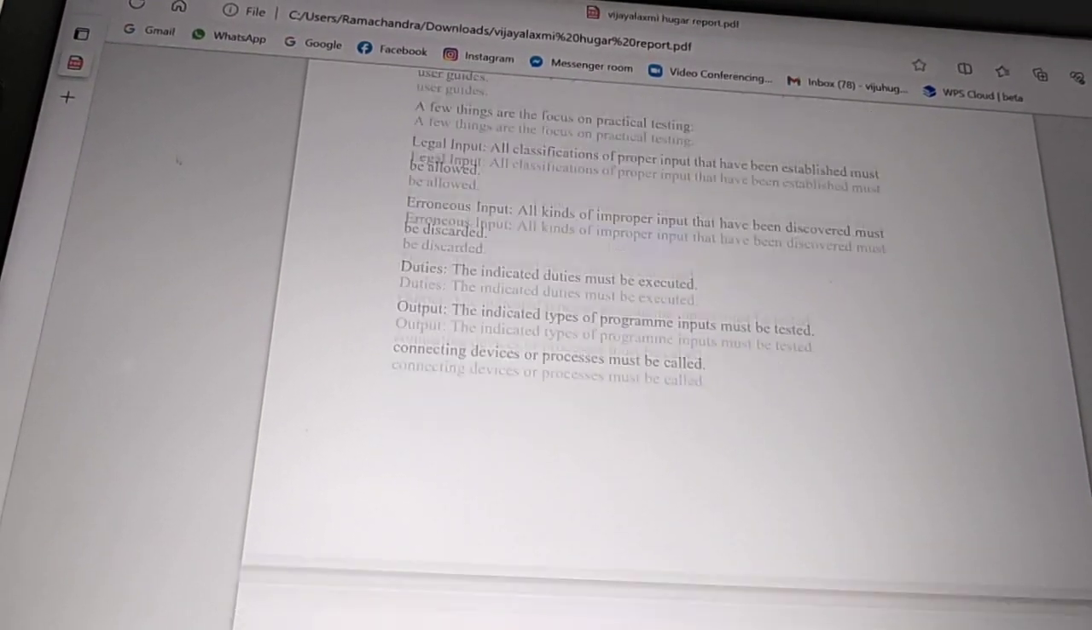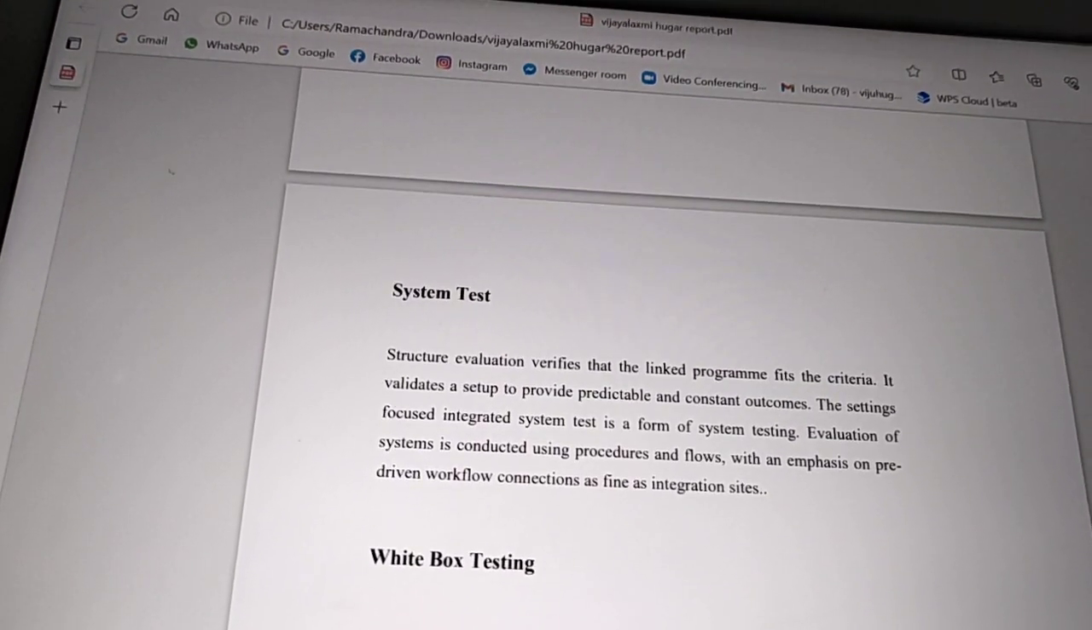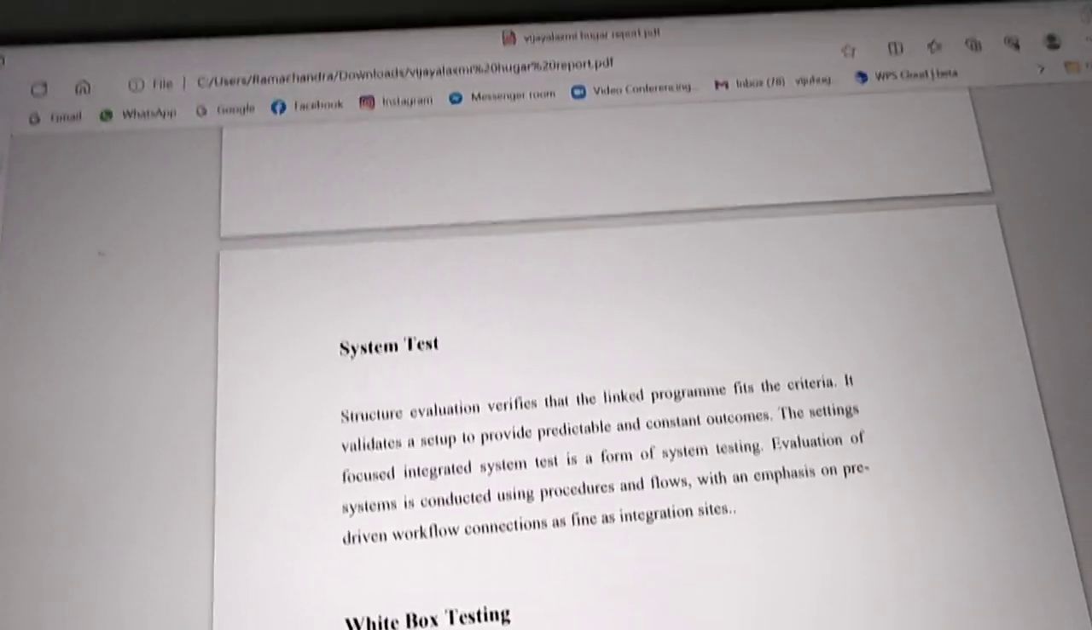Functional test and system test. Structure evaluation verifies